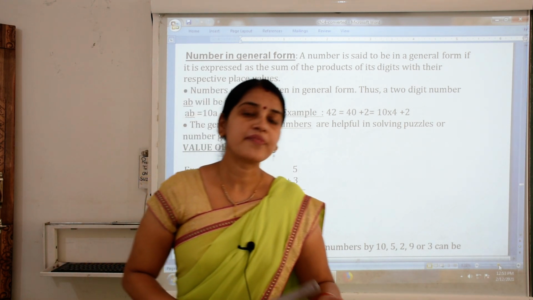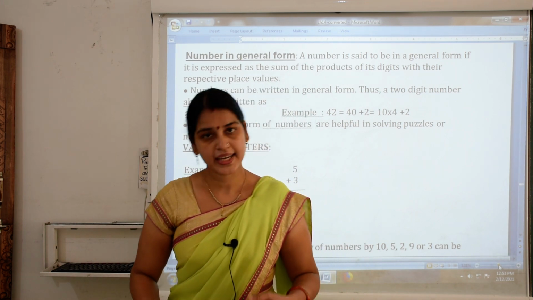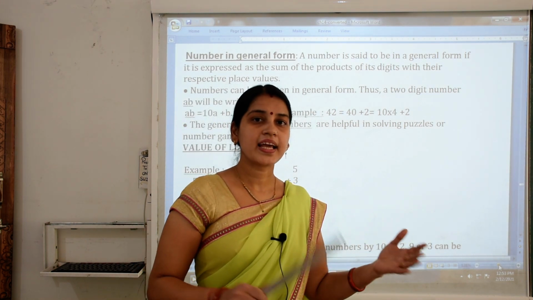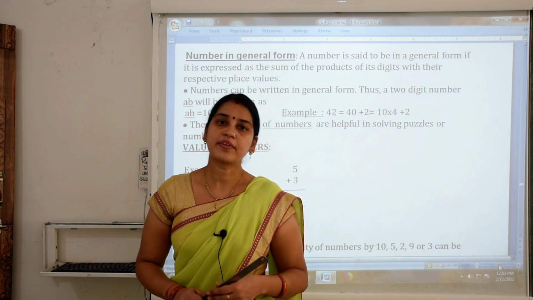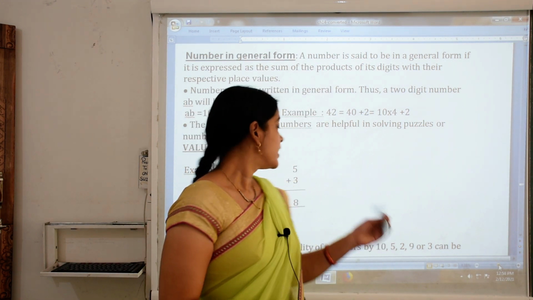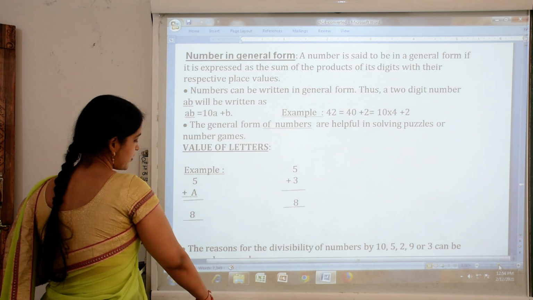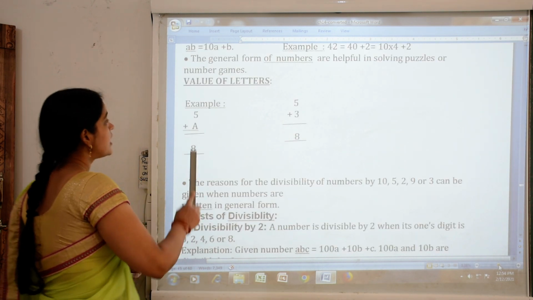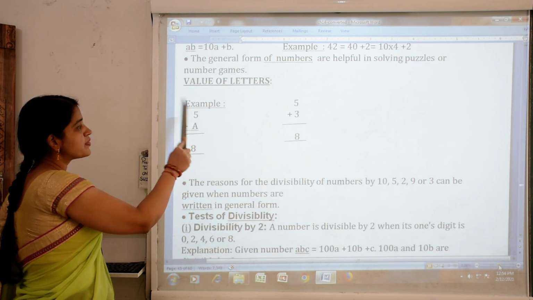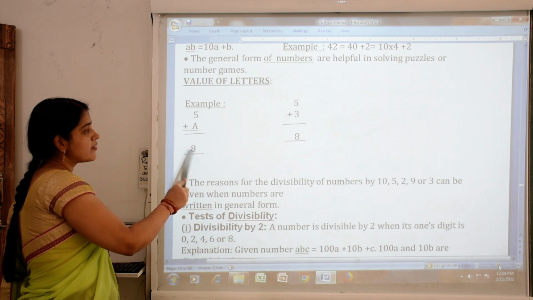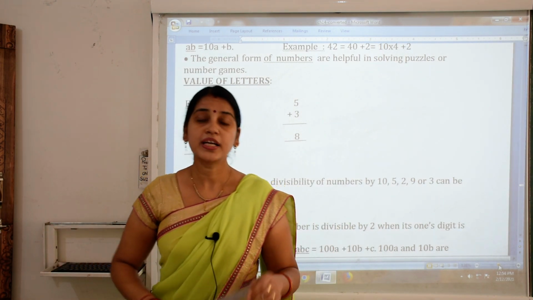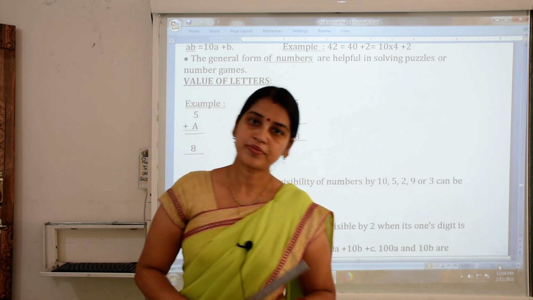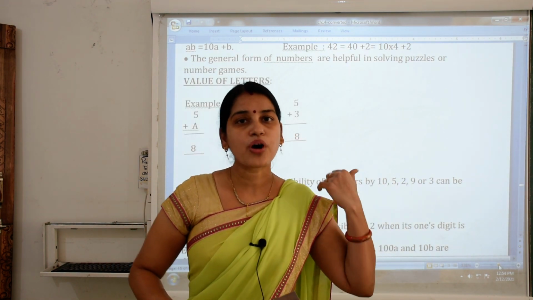Now how can we find the value of letters? Letters like A, B, C or any alphabet. How can we find the value of the alphabet? It is given by an example, like suppose we have 5 plus A equals 8. Here A is the alphabet whose value we have to find. It means, in 5 what do we add